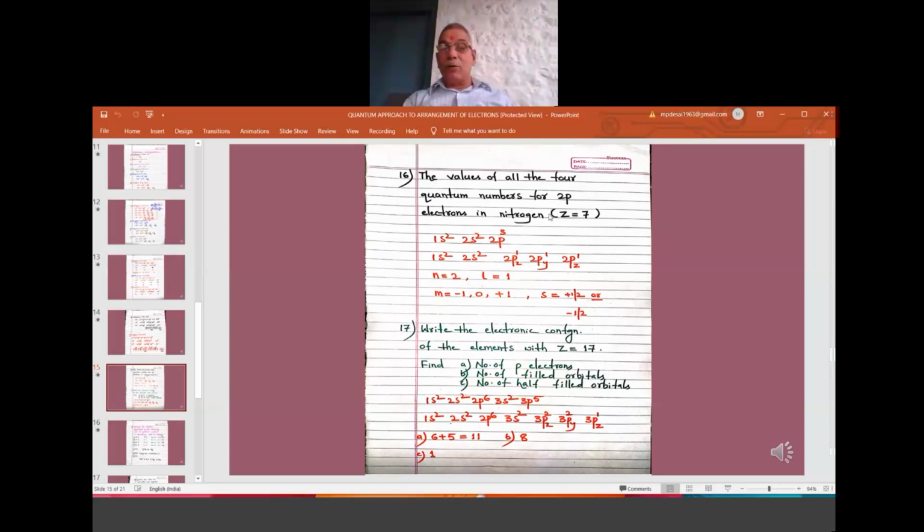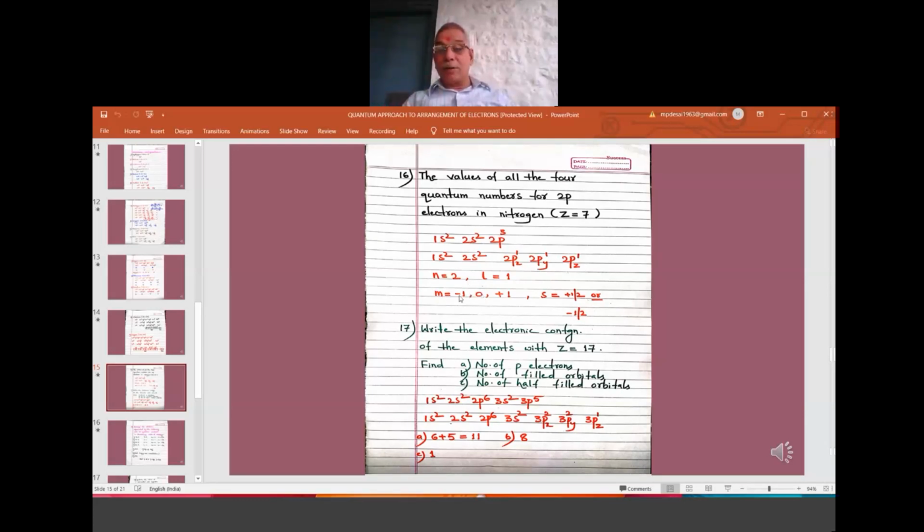How to write the 3 values? When l equal to 1, then m can take values from minus l to plus l, according to the number line. The value of l here is 1. So minus l to plus l means minus 1 to plus 1. If you bring the number line to your mental picture, minus 1, 0, plus 1. There are 3 values.